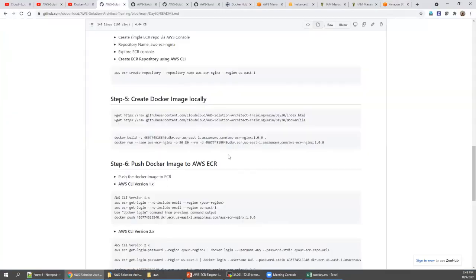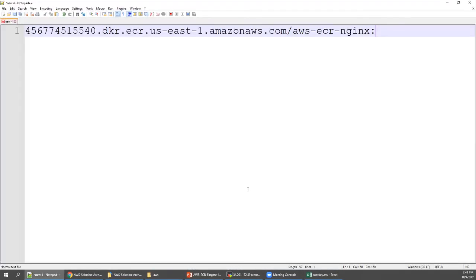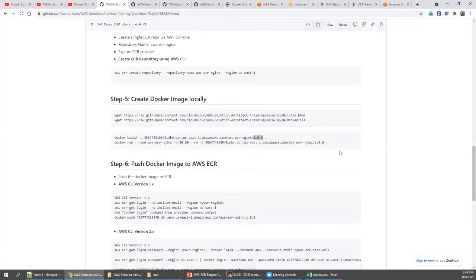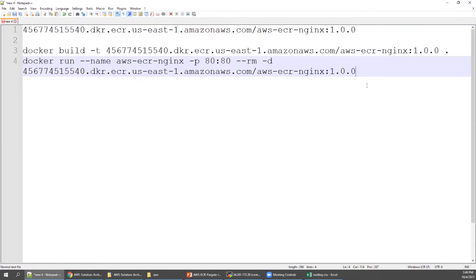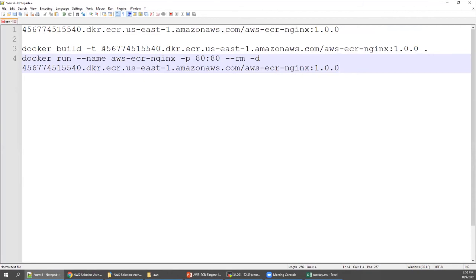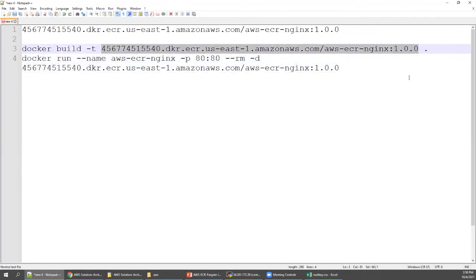As per this instruction, we have given 1.0.0. This is exactly what I have given. I'm going to copy this and check whether there are any changes. No, there are no changes. See here, it is going to be the same.